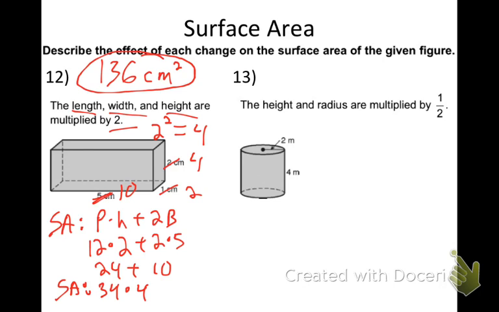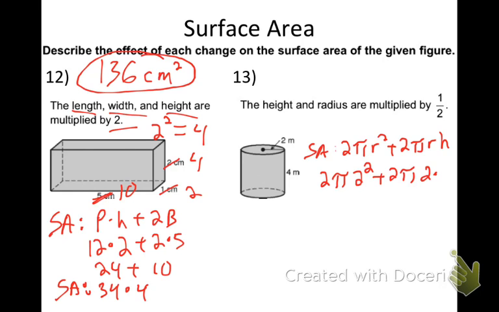So let's try 13. I want to find the surface area of the cylinder. Remember, surface area of a cylinder is 2 pi r squared plus 2 pi r h. Again, that'd be a formula to write down at the top of your paper today as you do your assignment. I'd plug and chug the information in. So what's my radius there? My radius is, anybody? 2. So I have 2 pi 2 squared plus 2 pi, what's my radius? What's my height? So 2 squared here is times 2. So I get 8 pi plus, what's 2 times 4? Times 2. So I have 8 pi plus 16 pi, which gets me